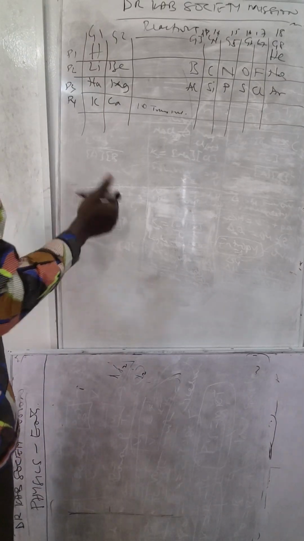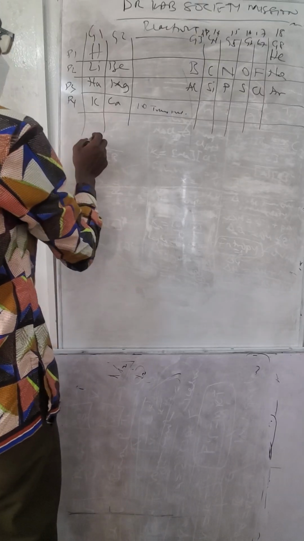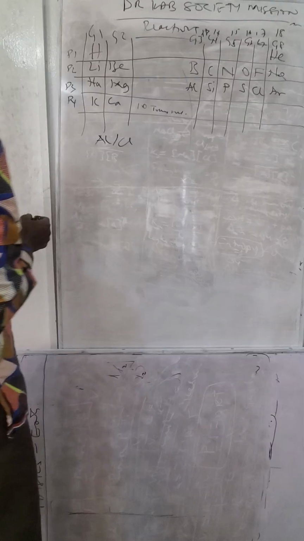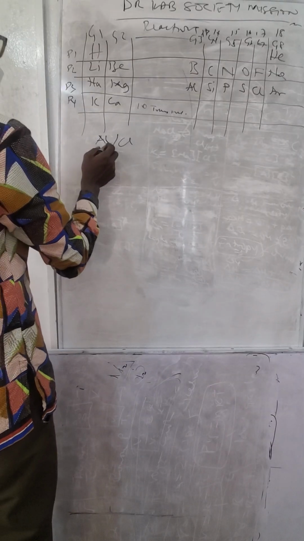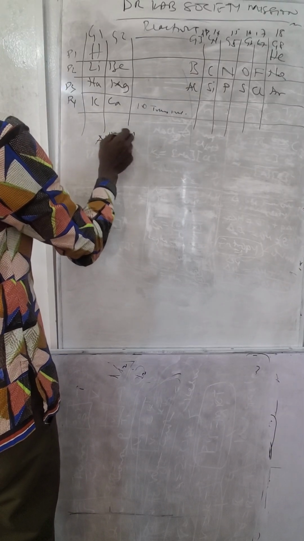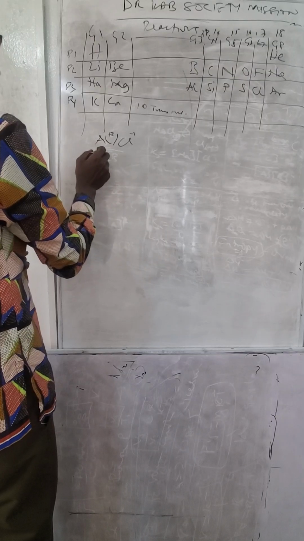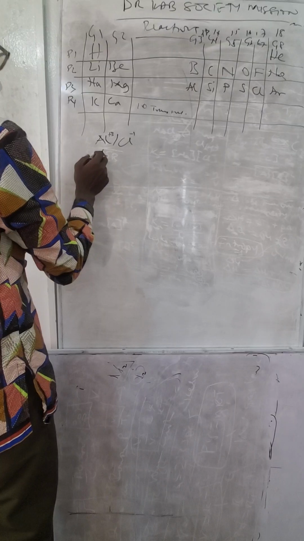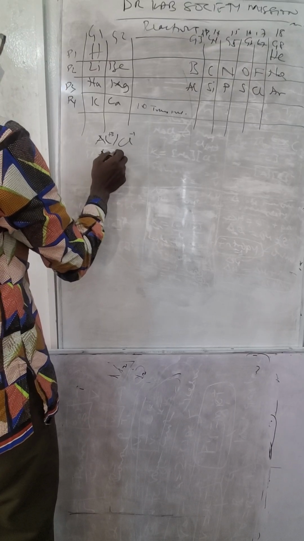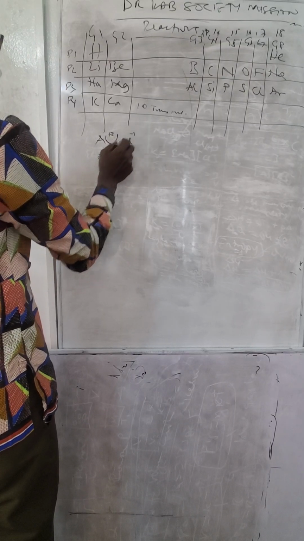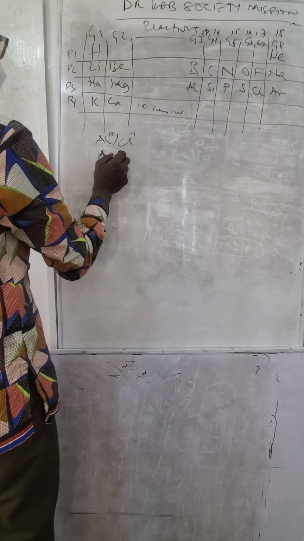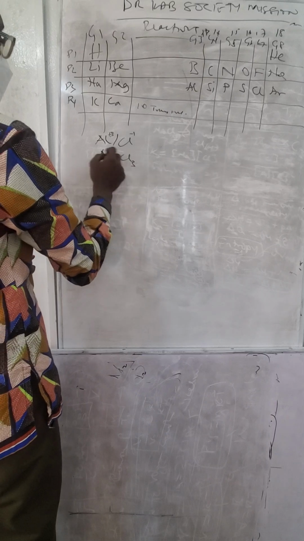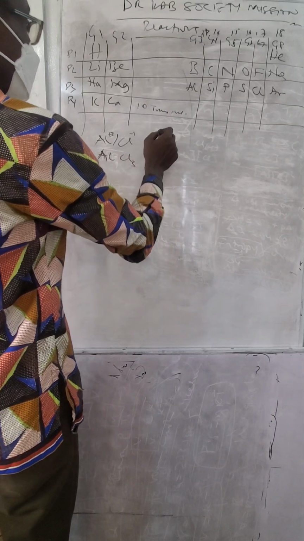So the normal reaction, for instance, if I have aluminum chloride, how do I get it? This is plus 3, this is minus 1. So I just need to put the two together. So Al, this 1, this 3. 1 is not written, so this is my reaction. Now I'm reacting it with, let's say,